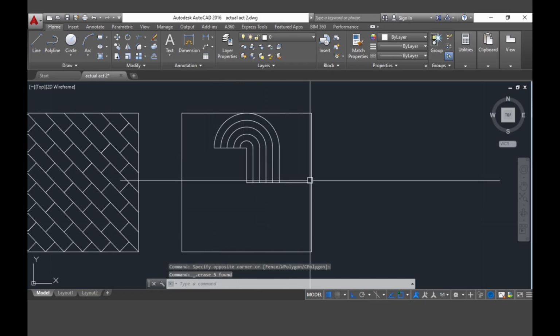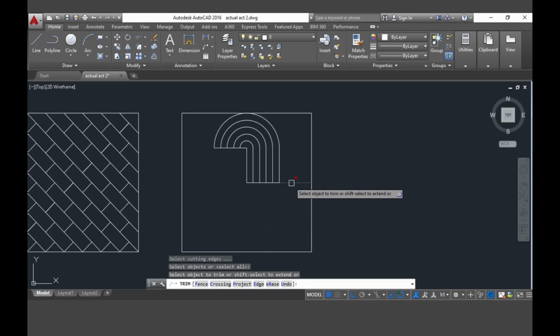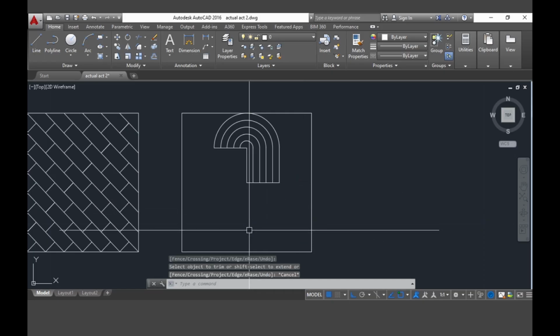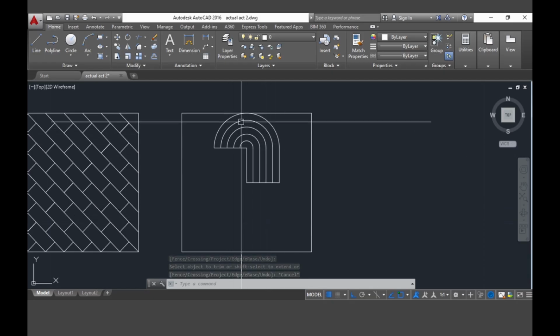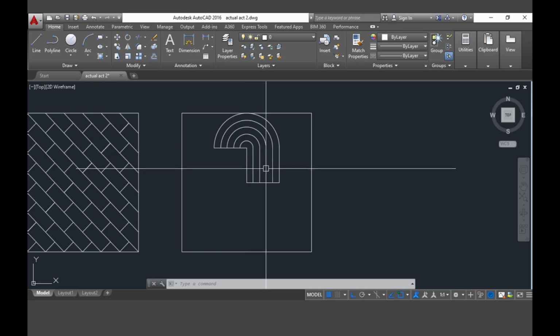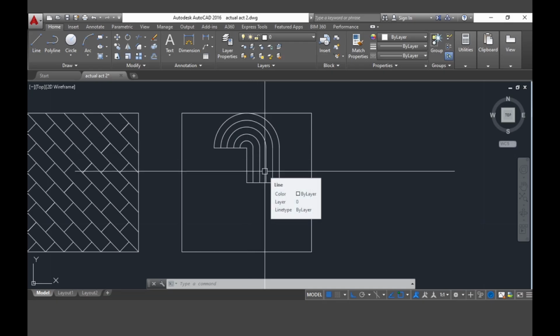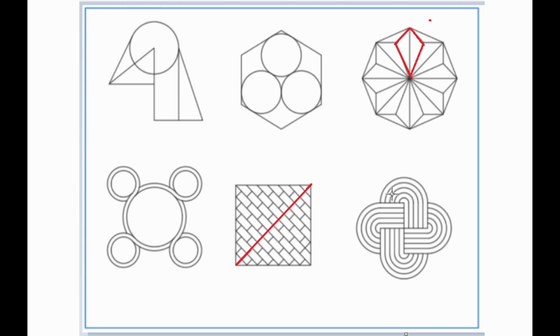Don't need them anymore, as well as this one. Trim this excess line. And what's left for us is this part of the figure. And as you can see, this part of the figure is already done,